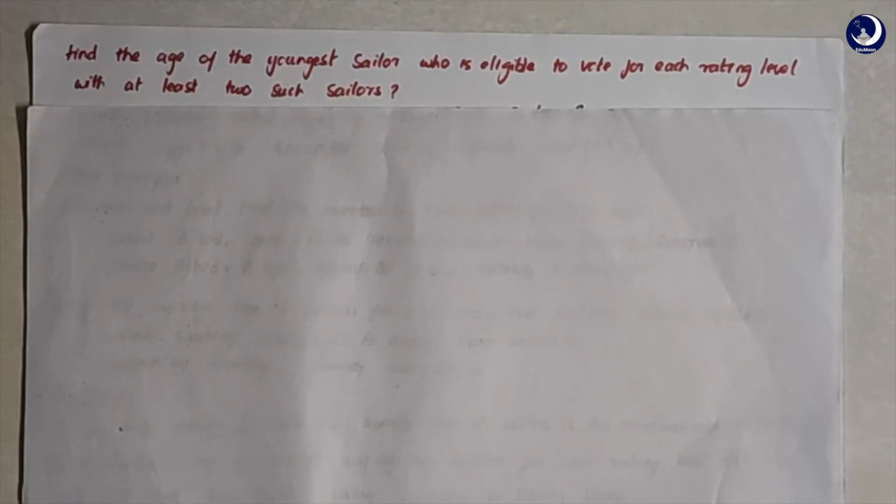In a group by, we are going to group this entire table into different rating levels. So in the group by, we are going to have rating, and we should include that in the select list also. With at least 2 such sailors: this is the condition that we are performing on the different groups that we are forming, so this should be placed in the having clause. Now let's look at the answer, or the form that we're going to build.